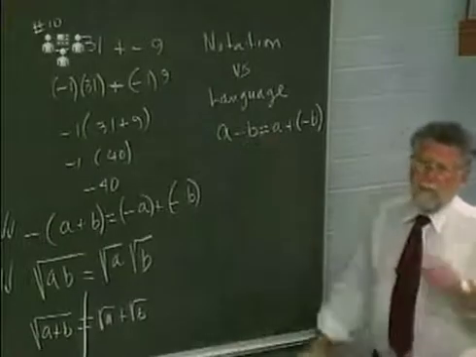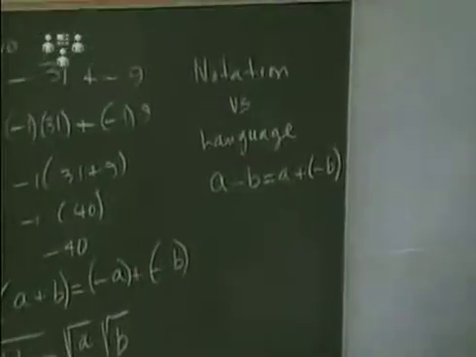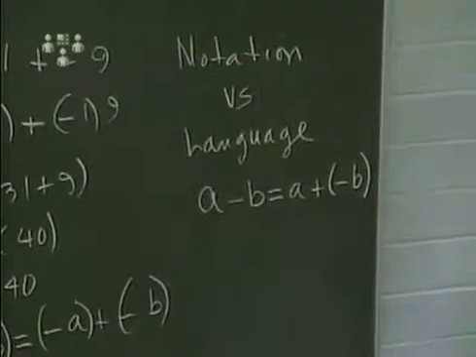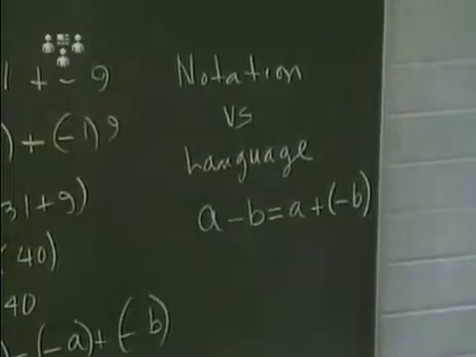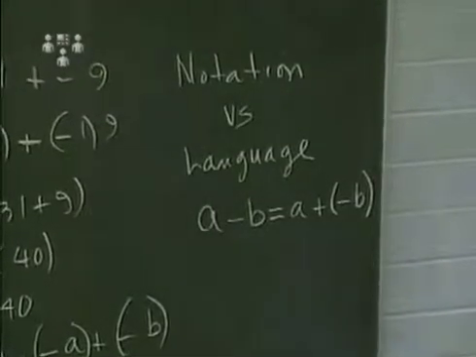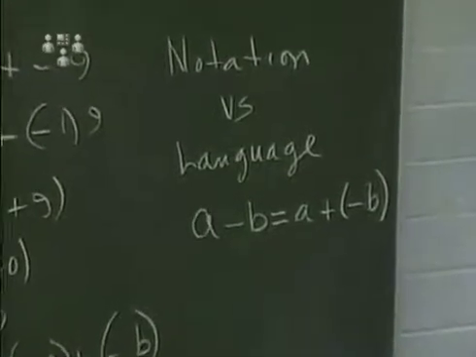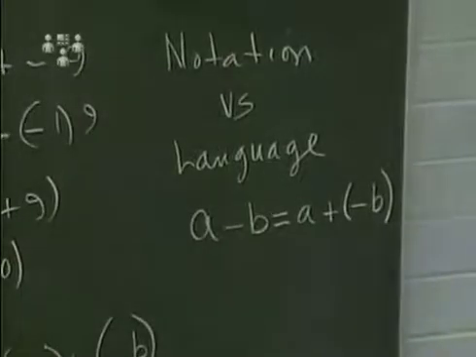Let me step back. Let's bring it in. Which is the clearer statement? A minus B equals A plus negative B, or the statement we have here at the top of page 115